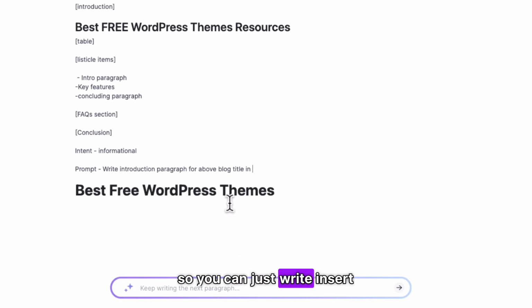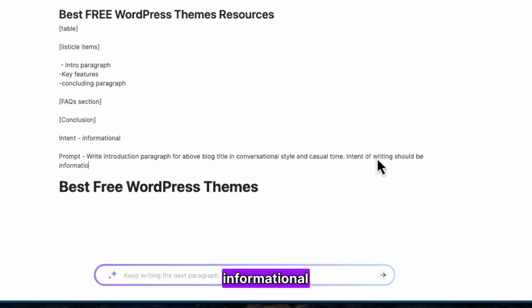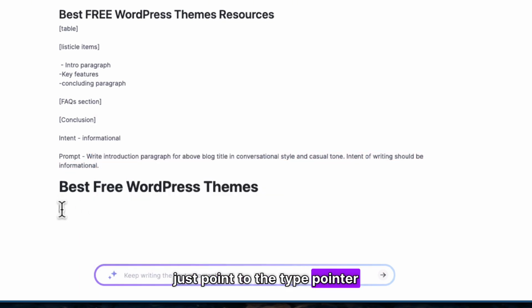So you can just insert your writing style here if you want to, but I usually write in conversational style, and the tone of my writing is casual. So it has always been like that, and it works perfectly. Intent of writing should be informational. That's it. Okay, so the prompt will be this, and going here, just point to where you want